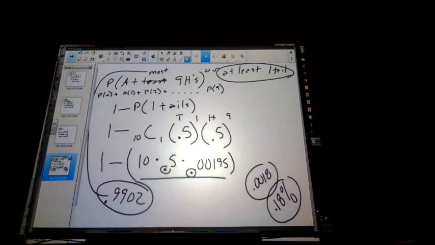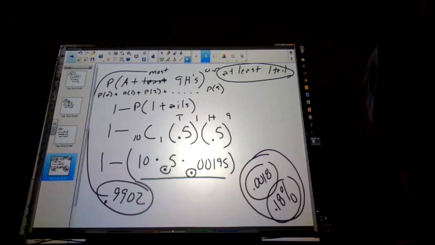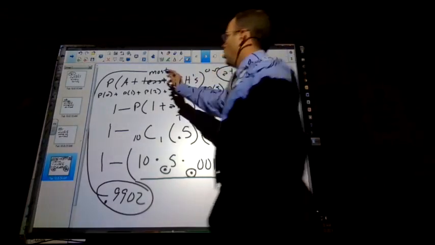Wait, I don't know the answer to C. So the answer to C would be this. And then the answer to D. So if I had this as at most,